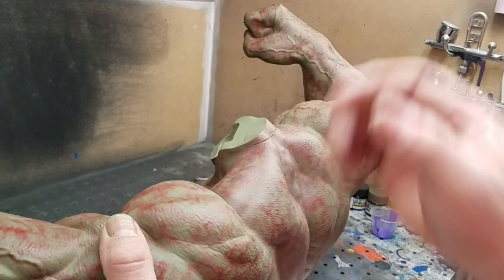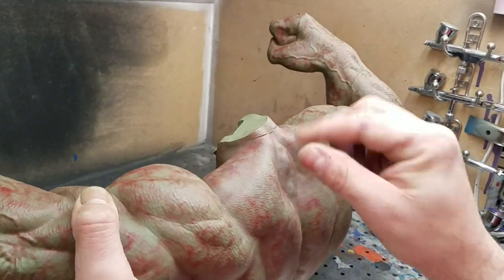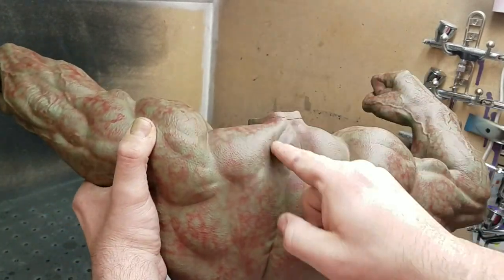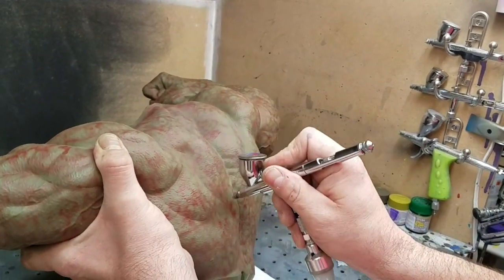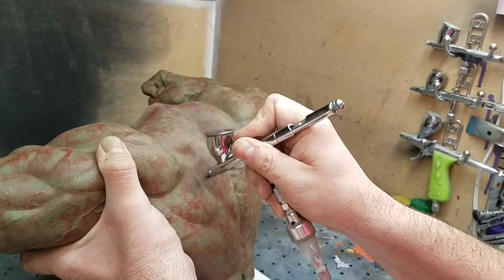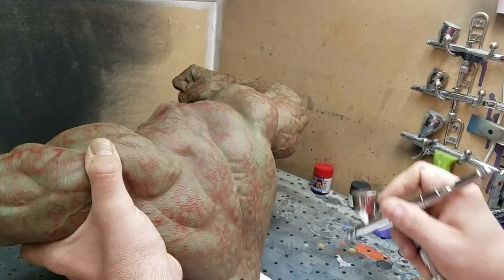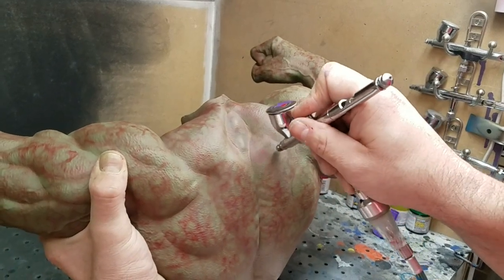One thing I wanted to mention on the purple is that I'm coming in tighter with the airbrush, which means I'm getting a finer line, but I'm doing a looser pattern. So if you can see it here, I'm coming in close, but I'm doing a looser pattern. So I'm doing real fine lines, but a much looser squiggly number 8. And this is really giving a good sense of veins underneath the surface. I'm not sure if that's showing up on camera, but